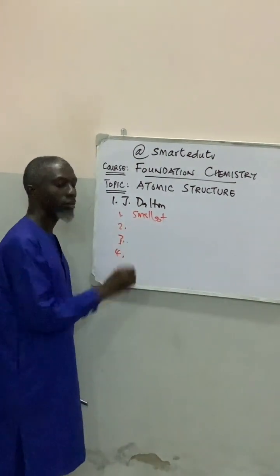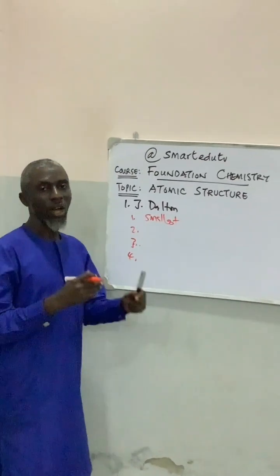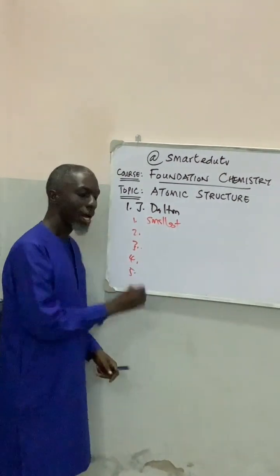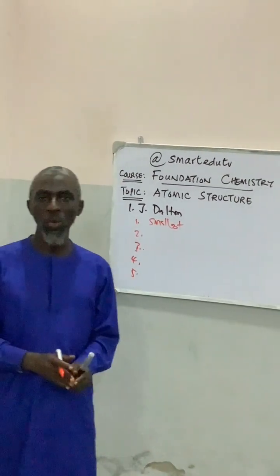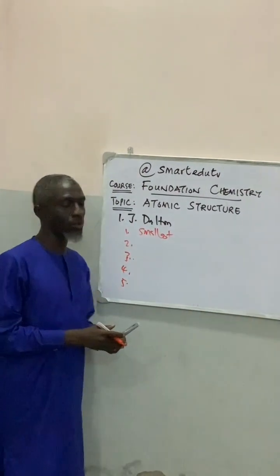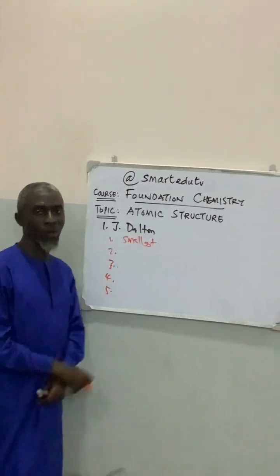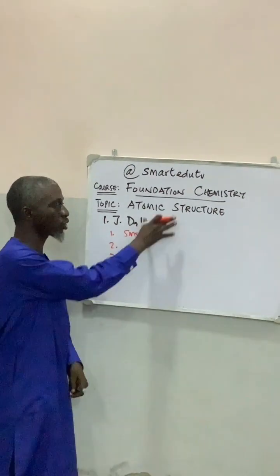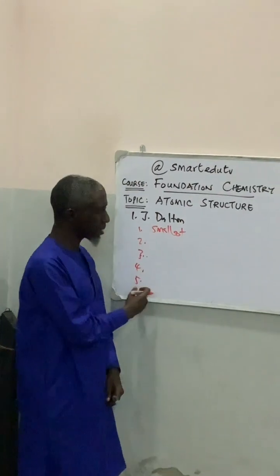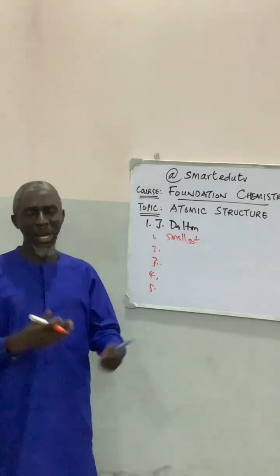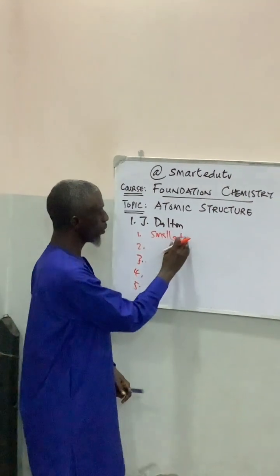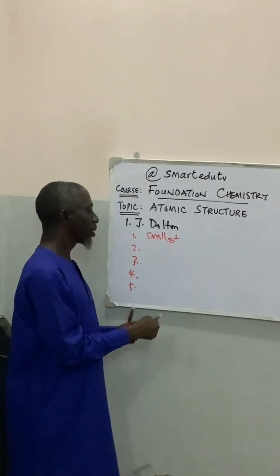Number 4, atoms of different elements do not look alike. And number 5, atoms combine in smallest whole number. So there are 5 points we can get from the postulate of John Dalton on the structure of an atom. But why we are fast on this is that perhaps you might have heard of these postulates before. Today we want to look at how